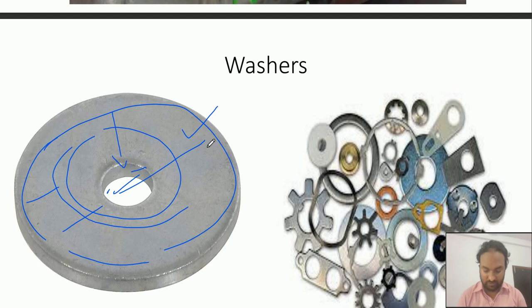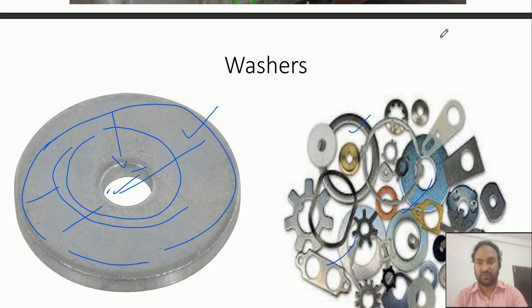Now sometimes, when the forces are large, washers are used at the nut side and head side also. It means both sides. So you see the different types of washers. Sometimes washers are used as a gasket to seal the environment from another medium. Different types of washers and gaskets you see here.